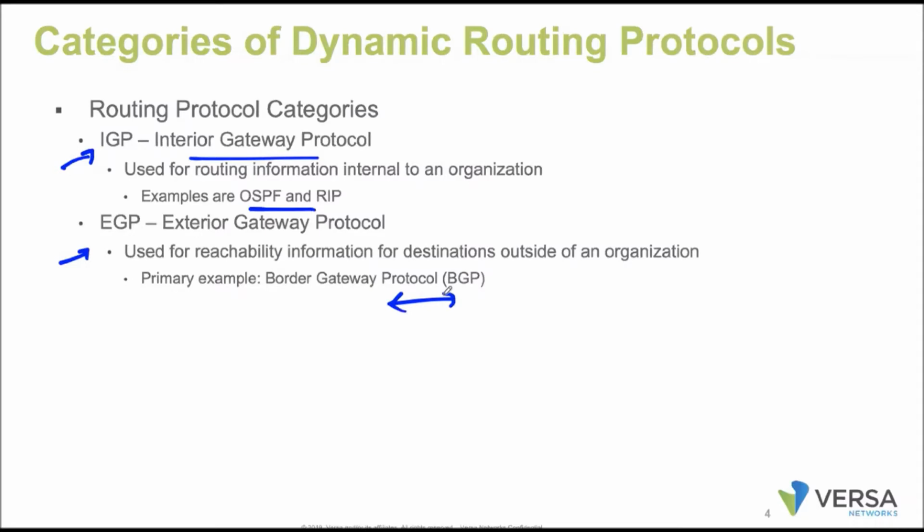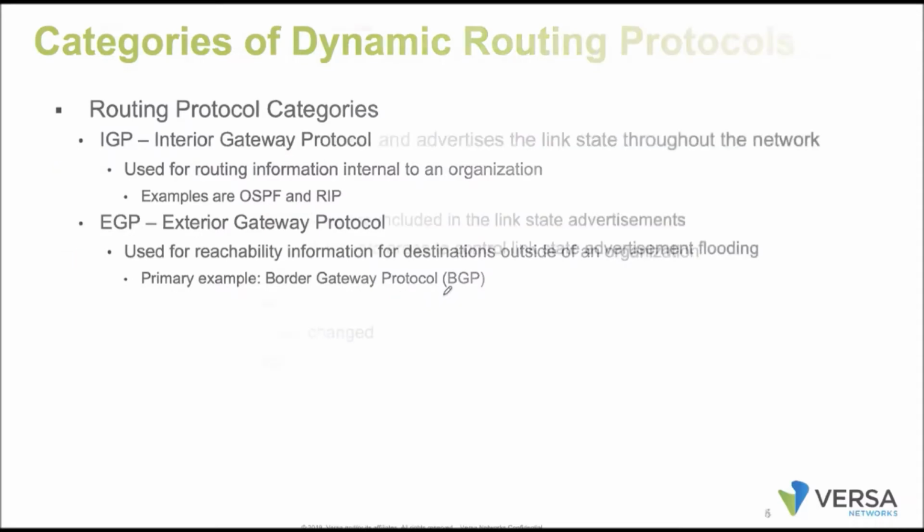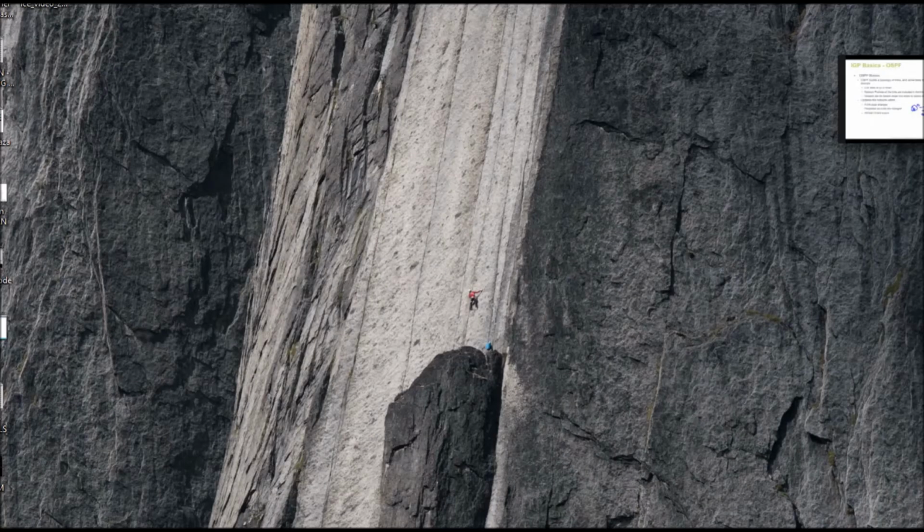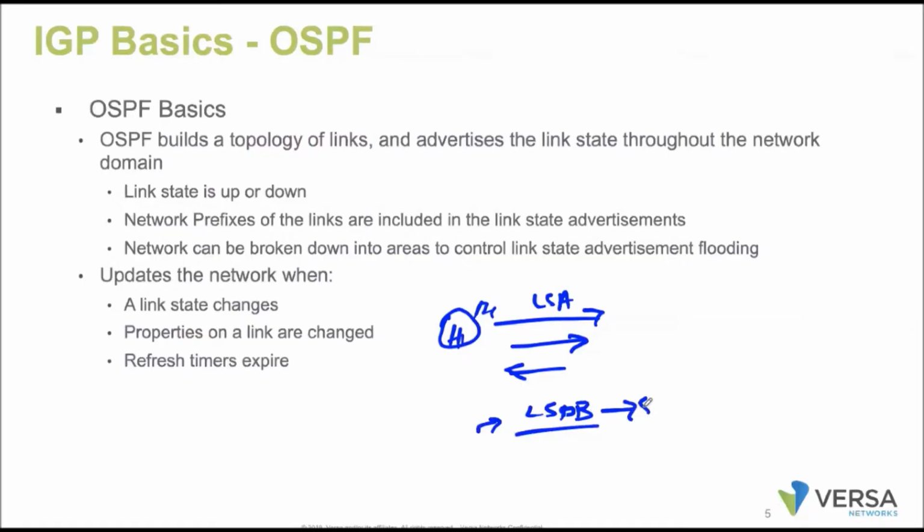When it comes to the IGP OSPF, as we know, OSPF is a link state advertisement protocol. The routers participating in OSPF exchange LSAs. After exchanging the LSAs, they construct the LSDB. On top of the LSDB, we run the SPF algorithm. The output of the SPF algorithm is nothing but the best OSPF routes. These are the very basic things we know about OSPF.